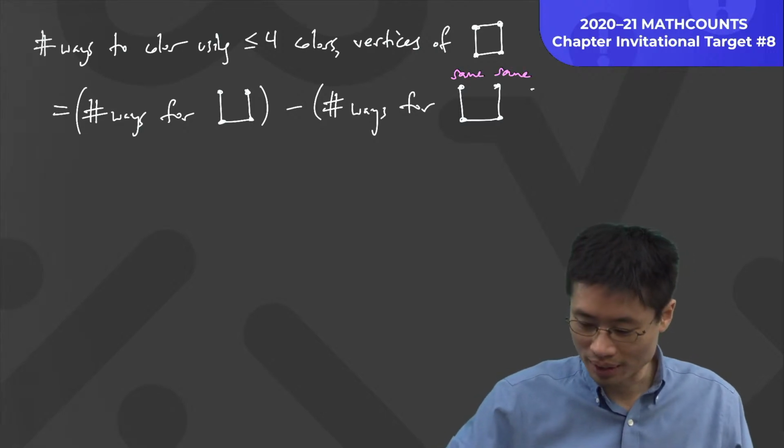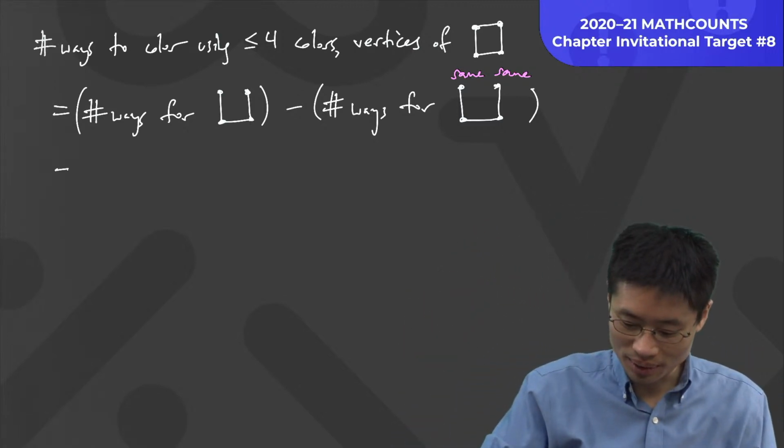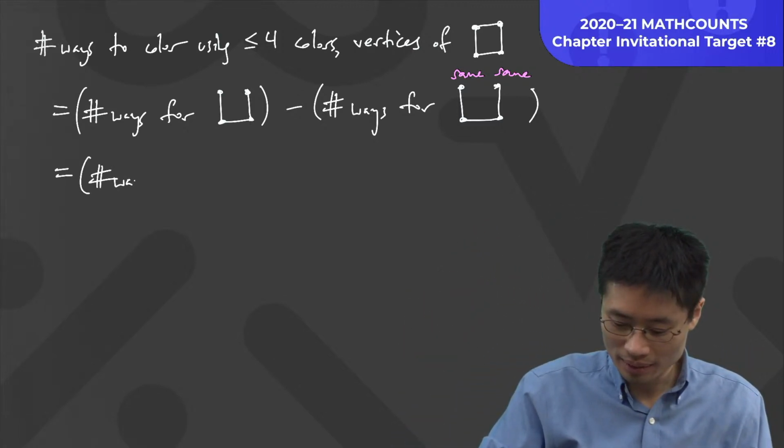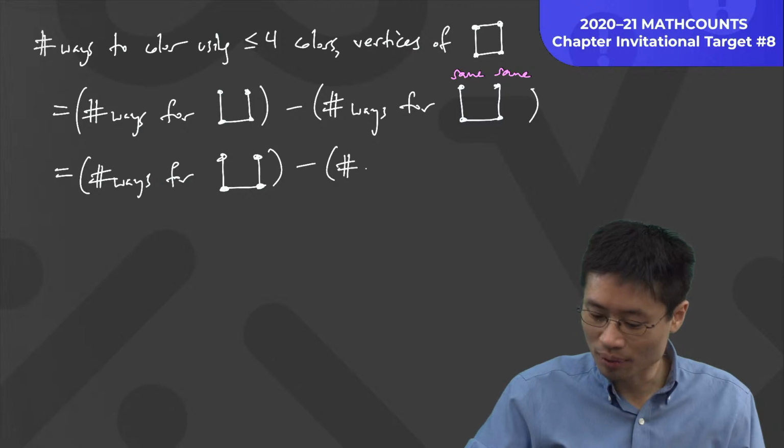Well, that's kind of weird. What does it mean to color both things on the top the same? Well, that's actually equal to the number of ways for the first one. I'm just writing this U-shaped thing again. Okay? Minus the number of ways